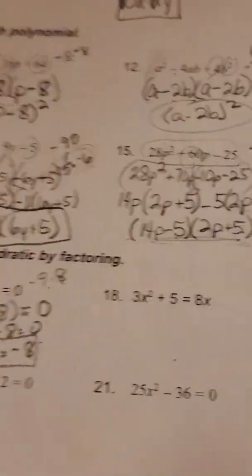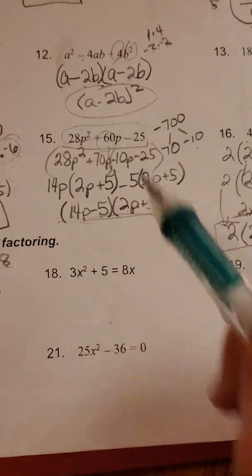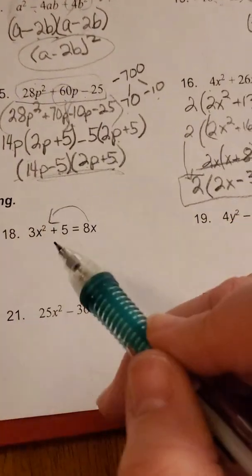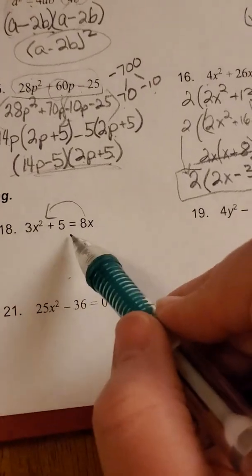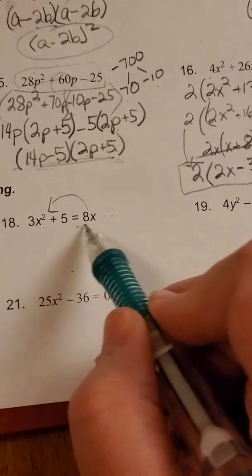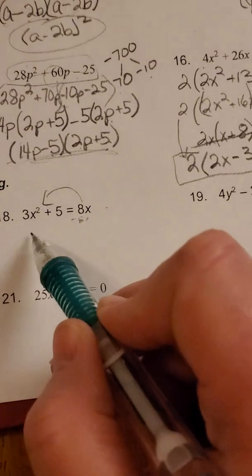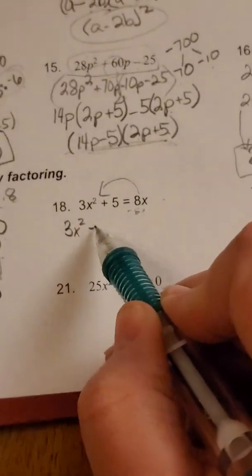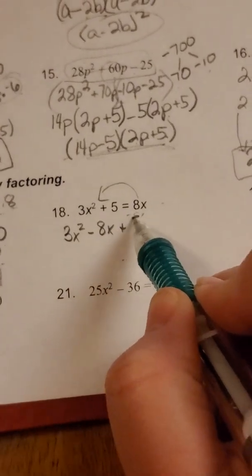Okay? On this one, I need to move this negative 8 over here so that I have it in the correct order, and I set it equal to 0. So if I subtract 8x from both sides, I end up with 3x squared minus 8x plus 5